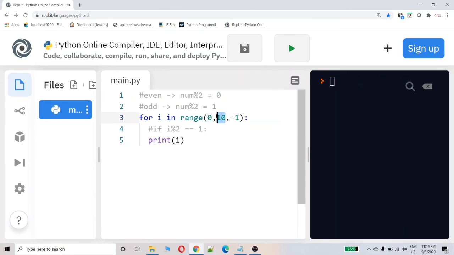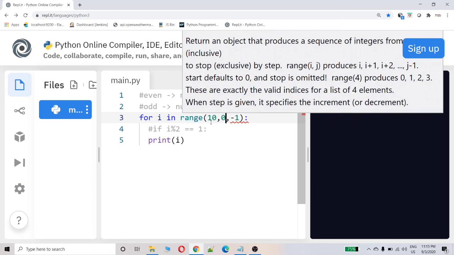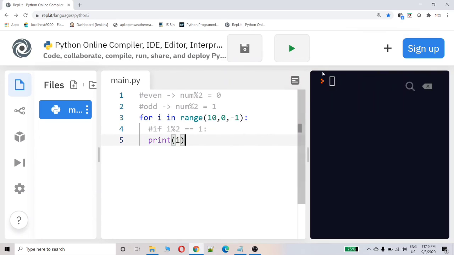Okay, but yeah, I made a mistake. It should start from 10 to 0. You can see that here. Now you can add the condition.